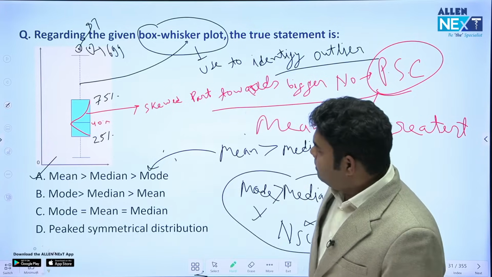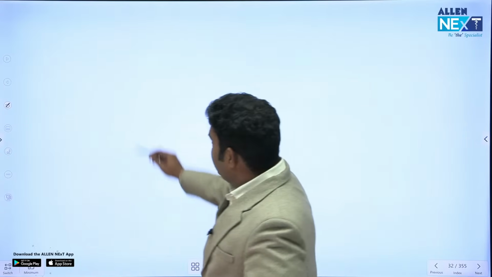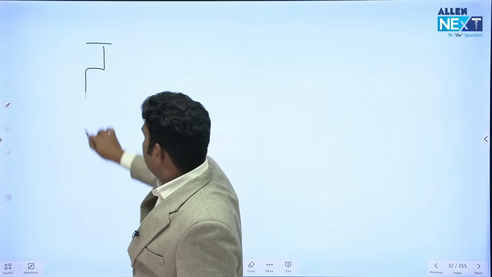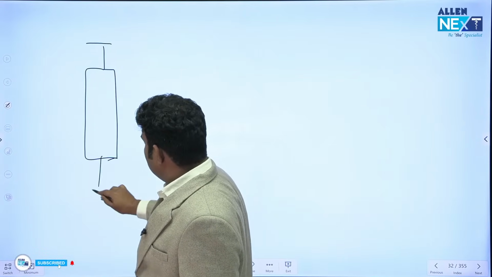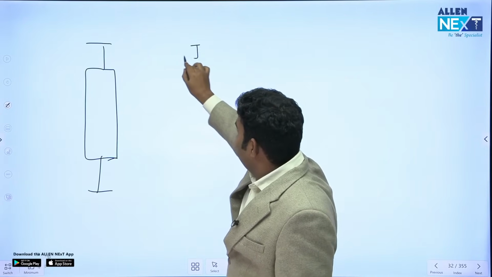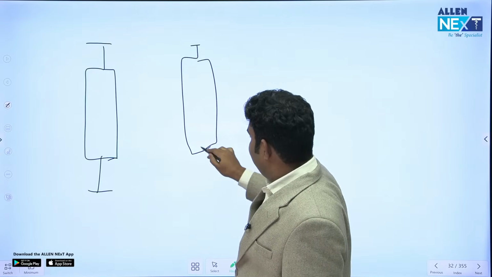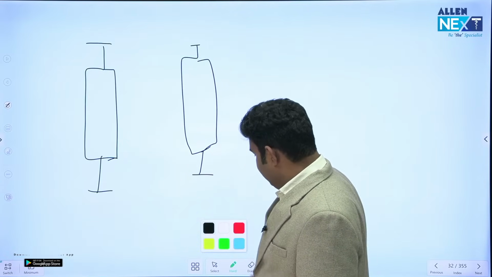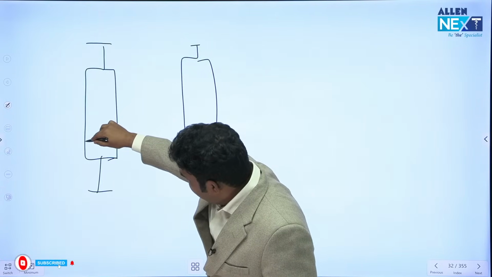Now, sometimes it becomes confusing. Which one is a positive skewed curve? Which one is a negative skewed curve? And to help you, there was a student friend in Jaipur. He told me a very good golden rule to remember it forever. He said, take this bar as